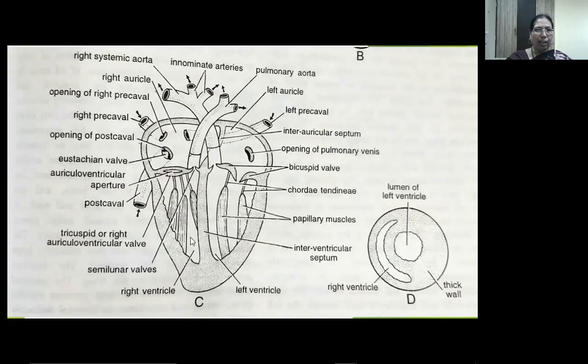The ventricle is muscular. On the right side, there is completely impure blood, and on the left side there is pure blood. From the left side, there is an opening of the aorta, the systemic aorta, which supplies blood to the body, and on the right side there is the pulmonary aorta, which supplies the lungs. So this is double circulation, because oxygenated and deoxygenated blood are separated.